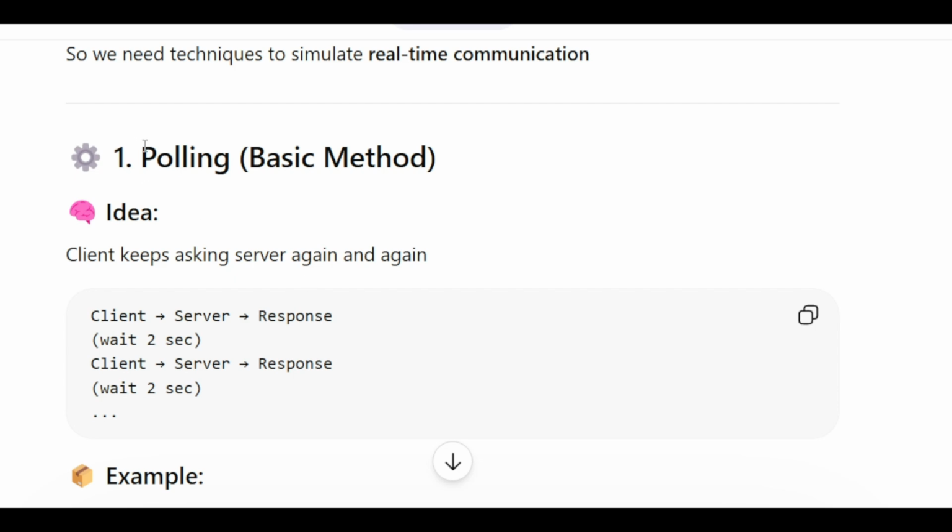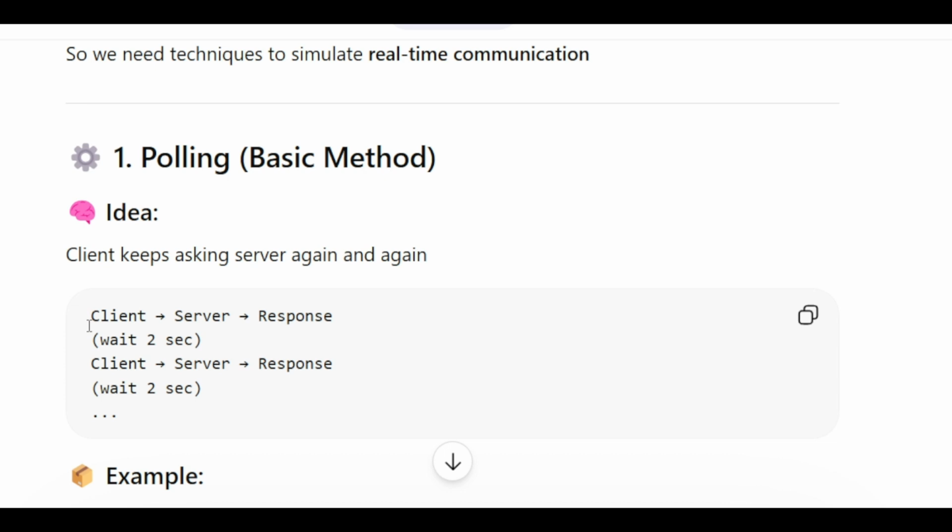The first basic thing is polling. This is a method to enable real-time communication. It is very slow. The key idea behind it is that the client keeps asking the server again and again, and the server sends a response whenever it is ready. So you see, if we keep making requests to the server again and again, it will create a lot of pressure on the resources, like your front end continuously asking for the data,